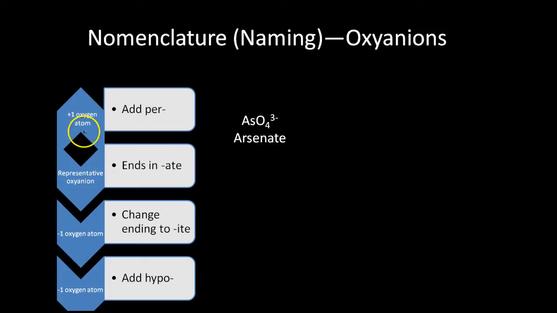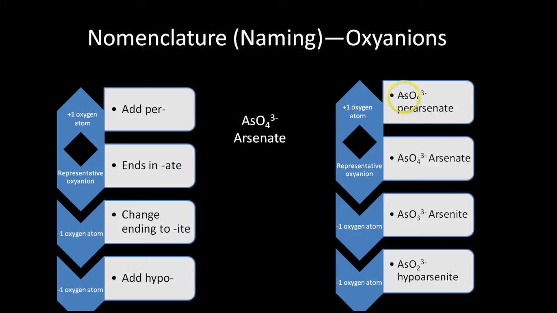So if you have one more oxygen than the ATE form, this basic arsenate form, add one more, so you go to AsO5 3 minus,